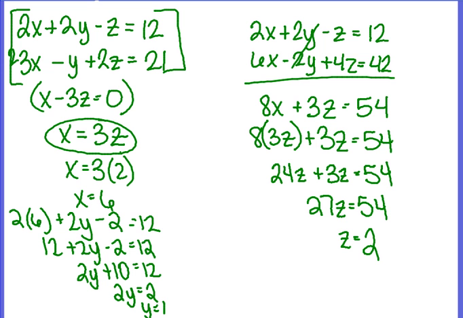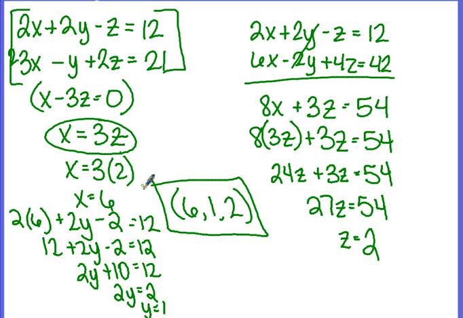And again, we write our answer as an ordered triple, so we're going to have 6, 1, 2. X is 6, y is 1, and z is 2. Alright, hopefully using those two examples and basing these problems off your previous knowledge, you'll be able to handle this